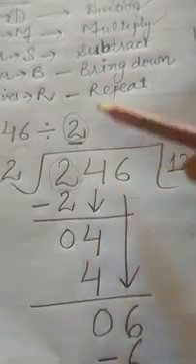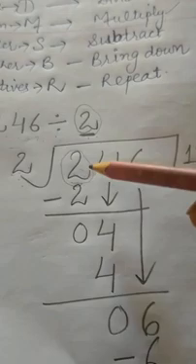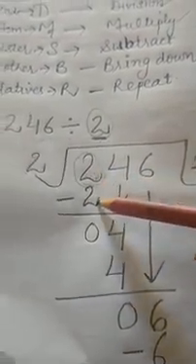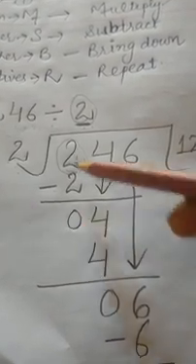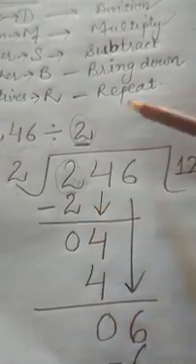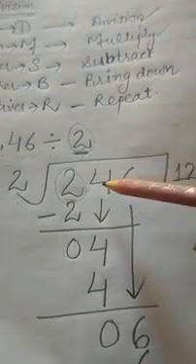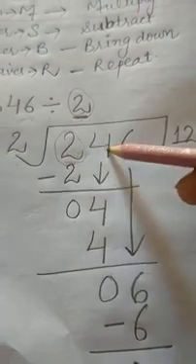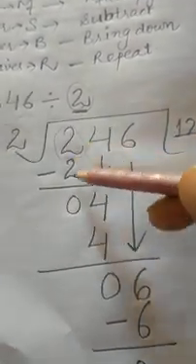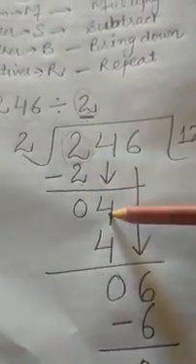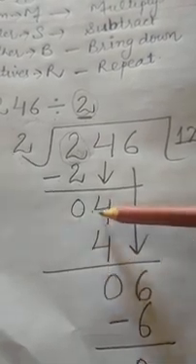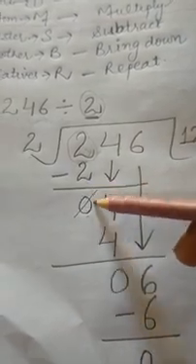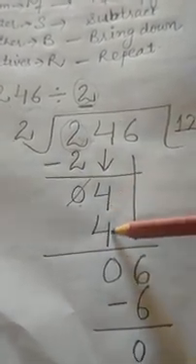Now what is our next step? That is subtract. Now 2 minus 2 we will do. We will subtract these both 2, and then we got 0. Now next is bring down. Bring down means we will write the next digit downside. Here when subtracted we got 0, and the next digit is 4. It has become 04, and no number starts with 0, so it doesn't matter for us. We will observe only the 4 here.